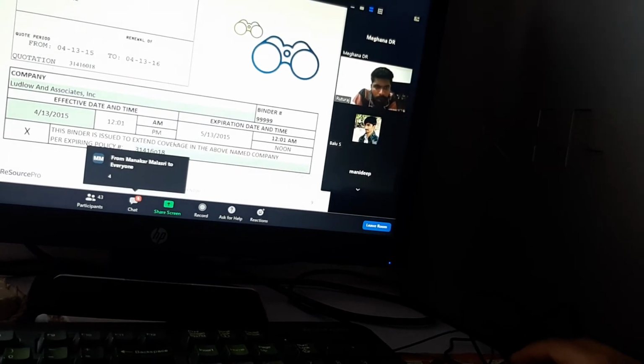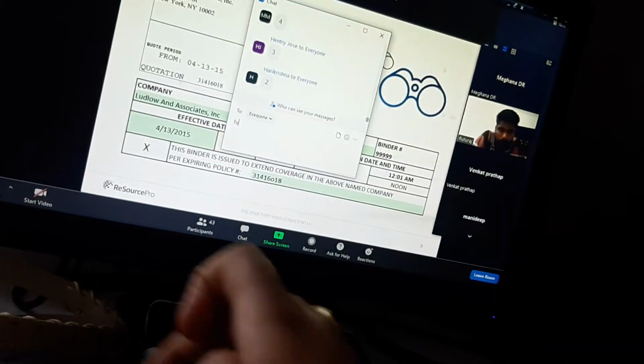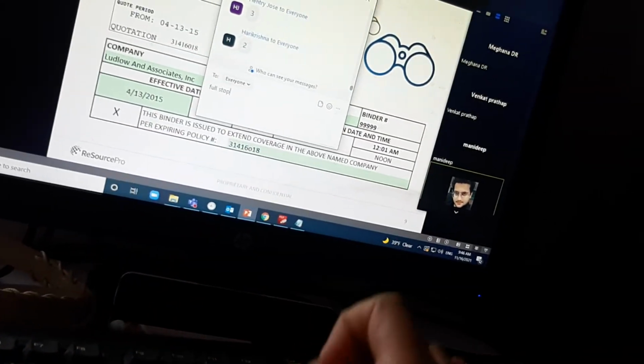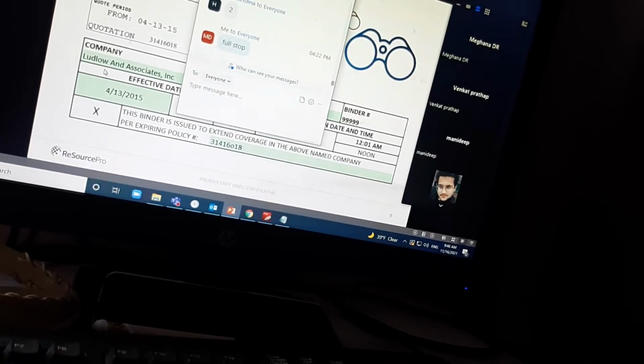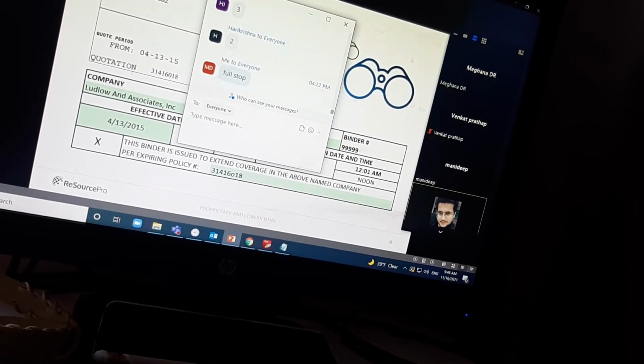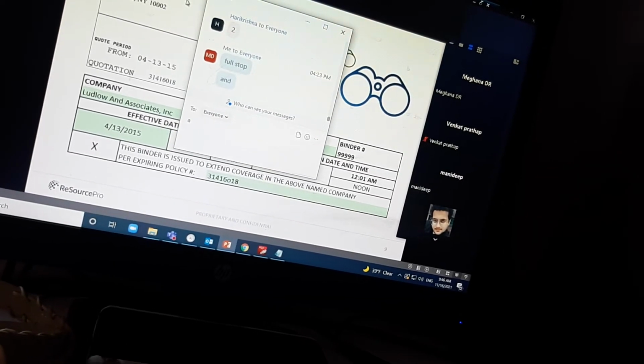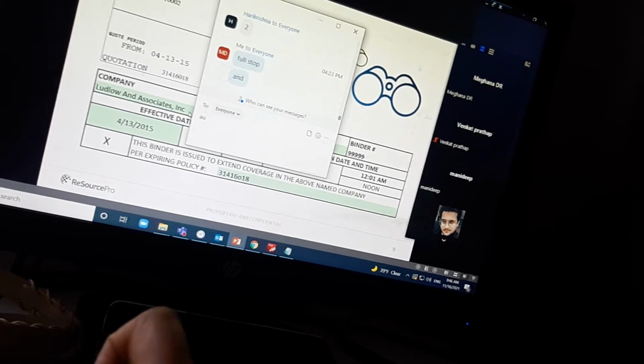Who will go ahead with the first difference? I'll go ahead with the first difference. The first difference is Name. Okay, what is the difference in that? Here there is no full stop. In the first image, after INC there is a full stop, but they have not mentioned it here. So that is one difference.